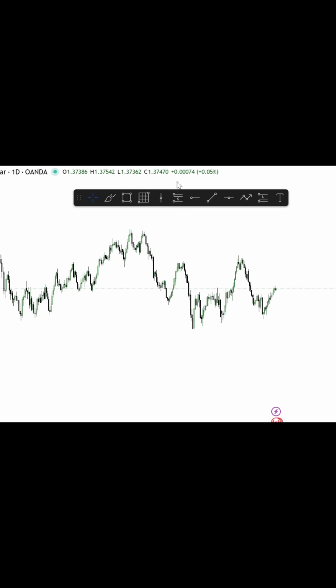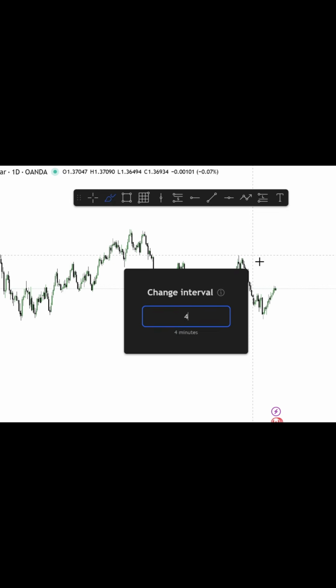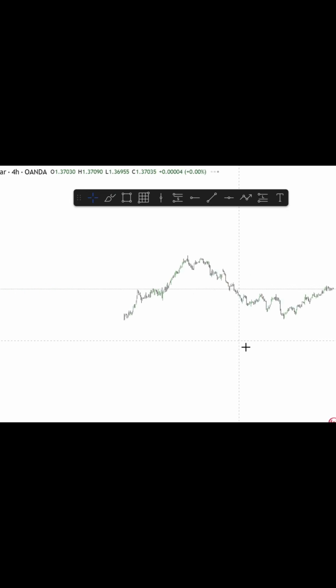If we move on to USD CAD on the daily time frame, we can see we've had our break of structure in towards the downside with our swing high and our swing low. We've liquidated this high within the overall impulse before seeing a nice strong sell-off in towards the downside. If we go down onto the 4-hour time frame,